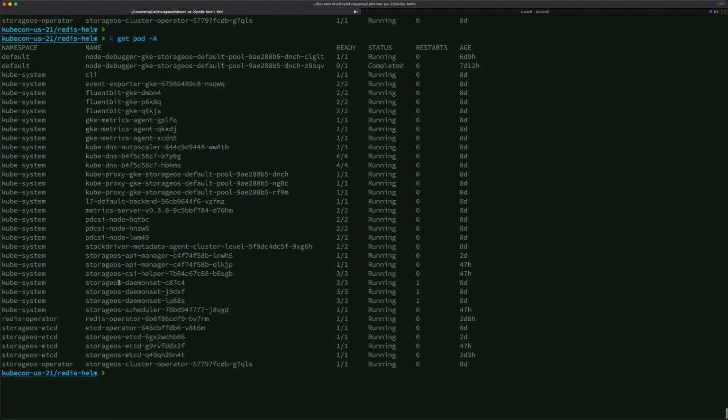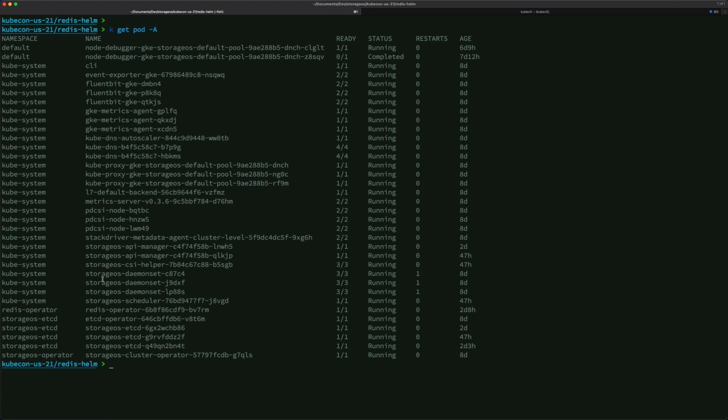The rest of the Ondat solution is composed of a couple of deployments. So we have the StorageOS CSI helper, we have daemon sets, and then we have a deployment, the API manager. And also for Redis, I've already installed a Redis operator that I've taken from operatorhub.io, where you can find a bunch of operators for databases and all that stuff.